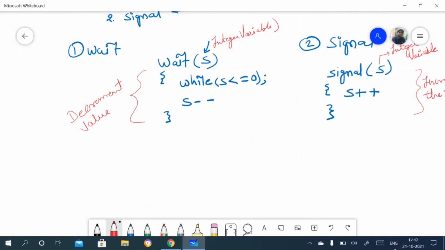Now here we'll see the critical section problem using semaphore.